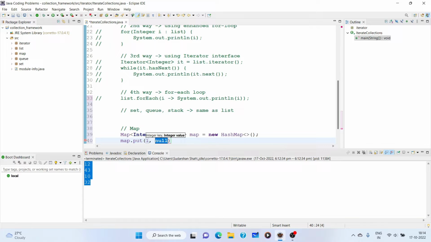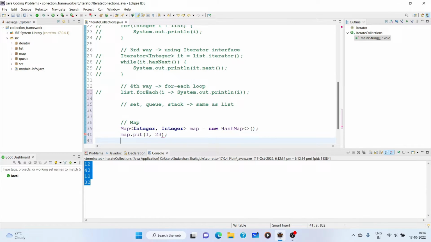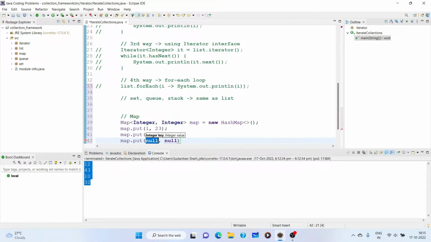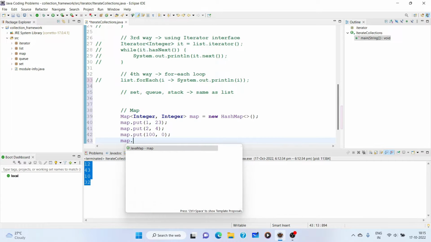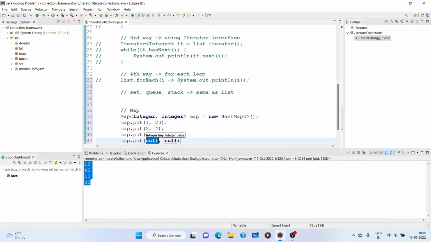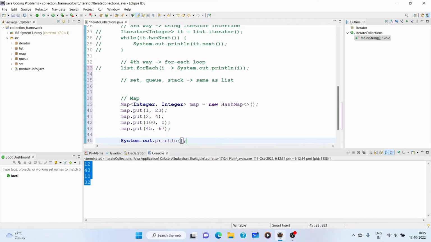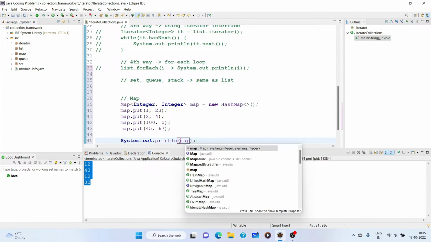So let's add 1 comma 23, map.put, 2 comma 4, map.put 100 comma 0, map.put 45 comma 67, right? Now if we just print the map,